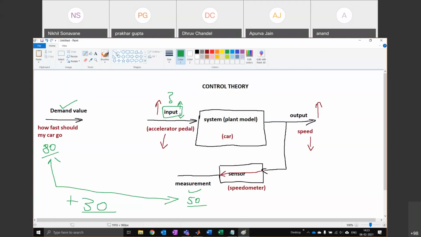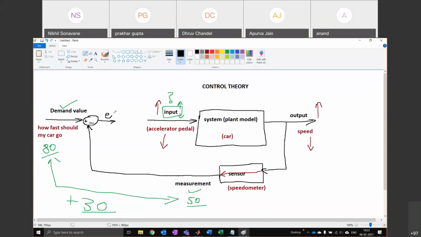Okay. So in control theory, what we do is we have a block like this, which is just a subtractor block or a comparator block. And you take the signal and you get the error value out. Okay. And whatever is the sign of that error, your input is proportional to this.